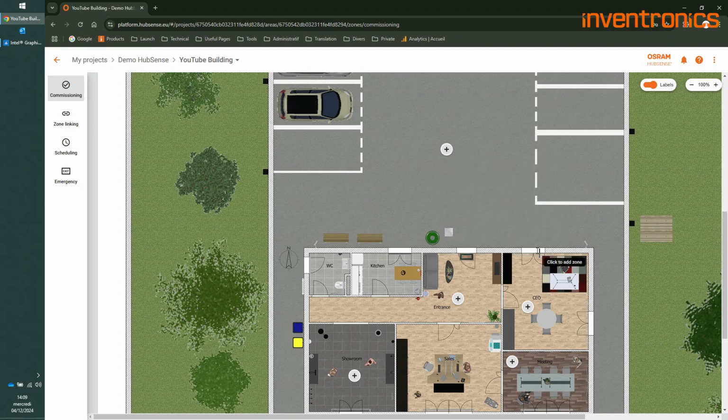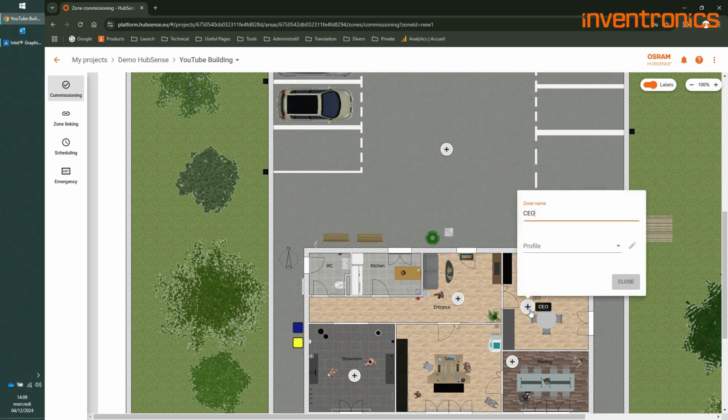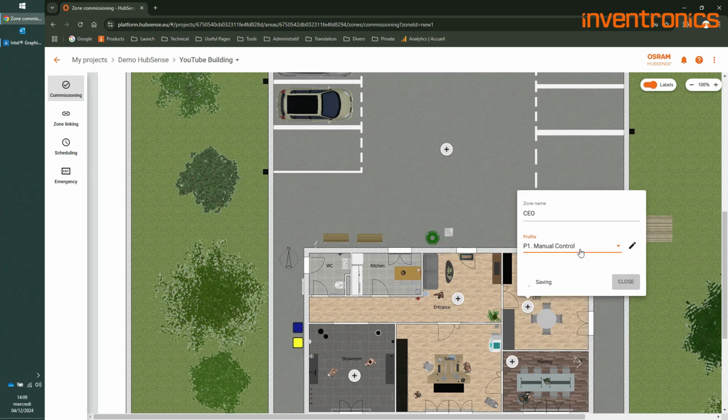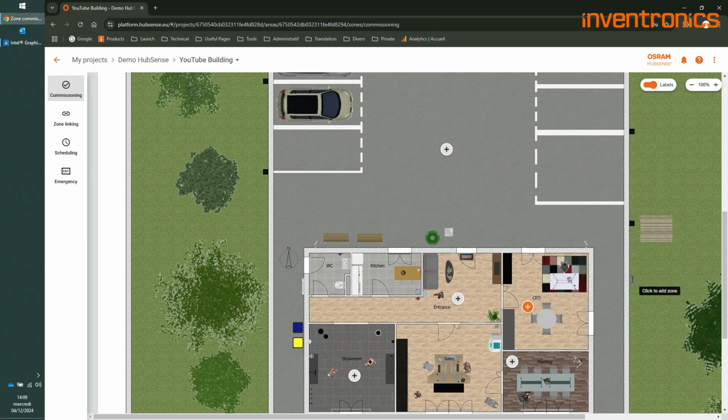For each of these zones, we will choose a profile, an operating mode. In the management office, for example, we want manual control. No sensor, but just push buttons to control the lighting. In the entrance, a profile with only presence detection.